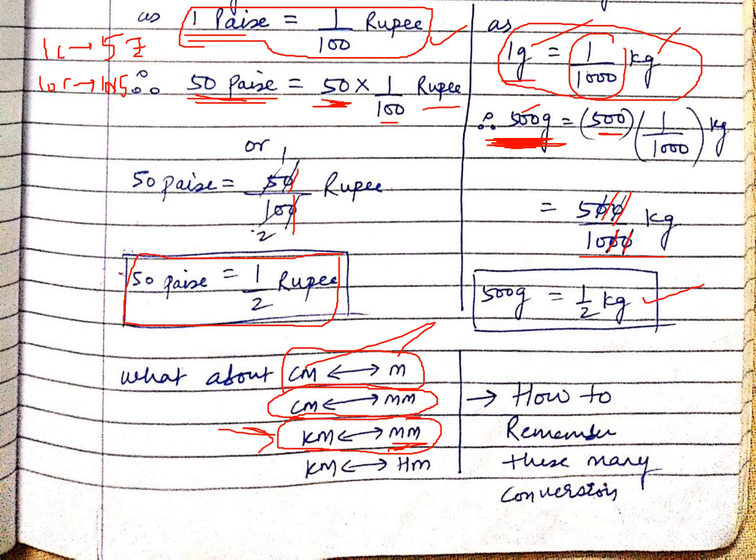I guess you don't know this thing. Similarly, this km to hectometer is again a question of, what you say, pondering. You have to think about it. So how to remember these many formulas? For this, we have a simple line that we have been studying from the last classes. Let's see that line.